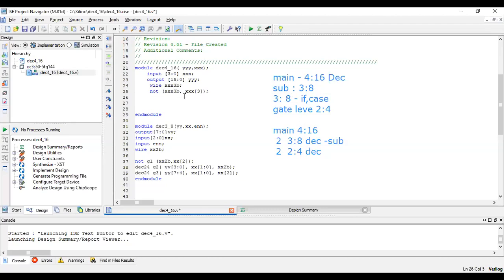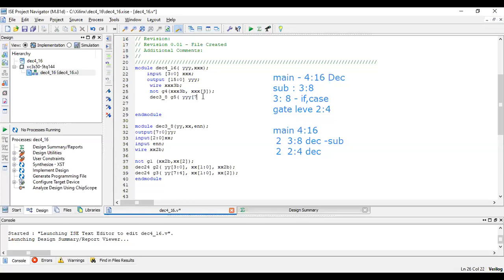Now let us instantiate the first decoder. So decoder 3_8. So let me call this as NOT G4. You can give your own gate number G4, and this let me call it as G5. Now what you have in decoder, first I have the output, next I have the input, next I have the enable. What is the output for the first decoder? The output to the first decoder will be Y of 4 down to 0, 0, 1, 2, 3.